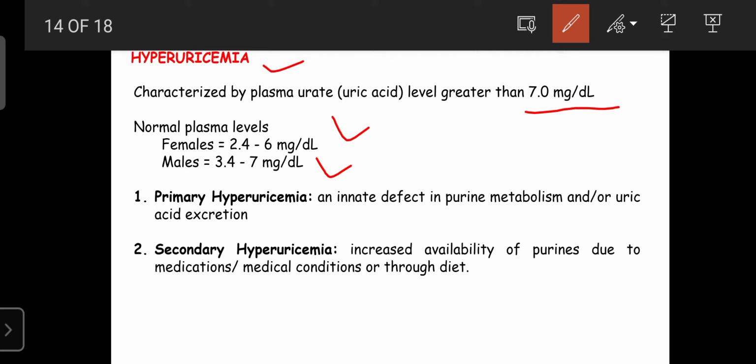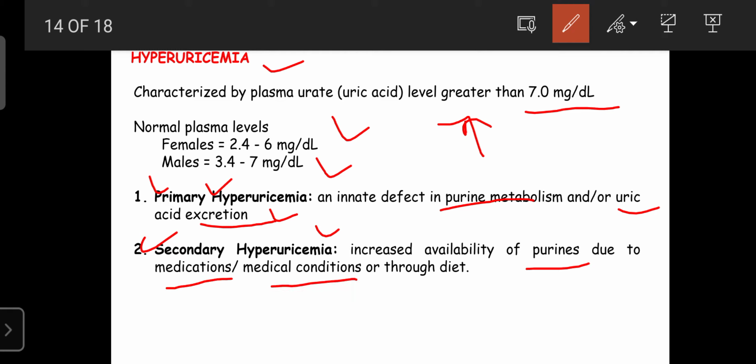Once again, there are two types of hyperuricemia: primary and secondary. Primary hyperuricemia means an inborn defect in purine metabolism that enhances purine metabolism, or a decrease in uric acid excretion through urine. That elevates the plasma uric acid level. With the help of diet or diuretics, we can control and treat primary hyperuricemia. And secondary hyperuricemia is the increased availability of purines due to